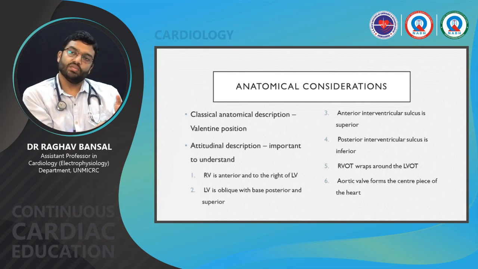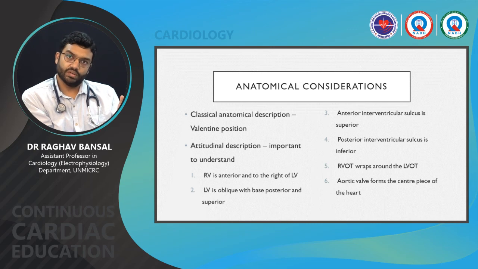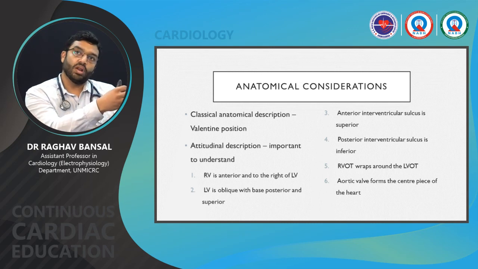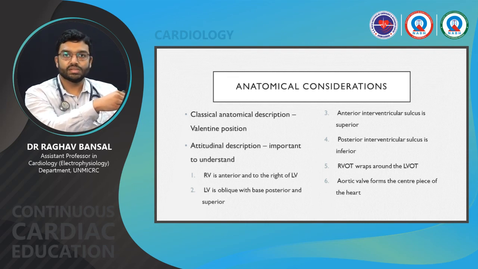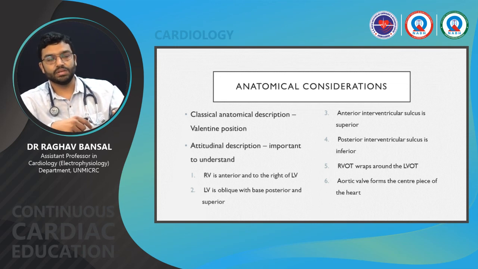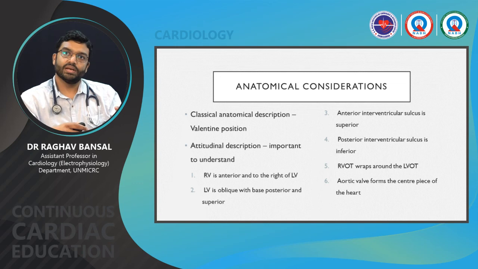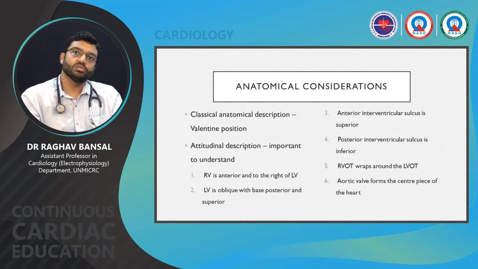This can be understood like when we have an inferior MI, we call it an inferior wall MI, because that is the wall which lies in contact with the diaphragm on the inferior part of the heart. However, the opposite wall, which is actually the superior wall, we call an anterior MI rather than a superior MI. This is a misnomer because it's not anterior; it's just because in the classical anatomical description we hold the heart in such a manner that it appears to be anterior, however it is superior.